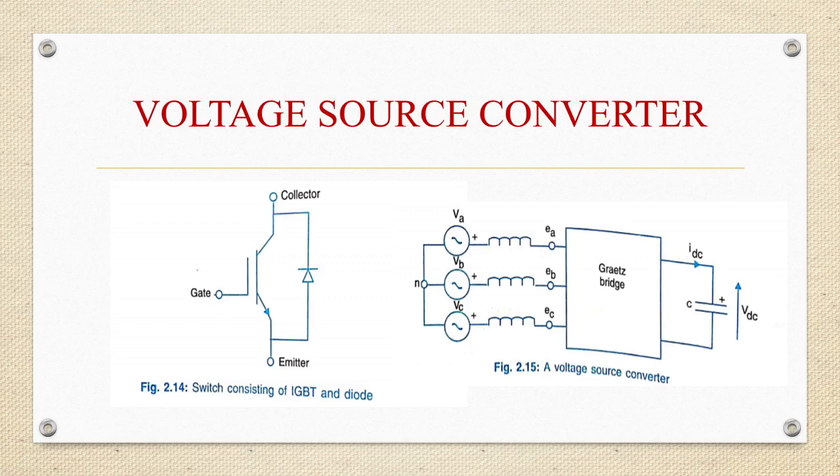In each leg of the converter, only one switch can be turned on at a given time to avoid a short circuit across the capacitor. Each switch will conduct for 180 degrees, and switch 1 must be turned off before switch 4 is turned on in the leg connected to phase A. Similar rules apply for the switches in the legs connected to phases B and C. The waveform of EA depends on the reference point.